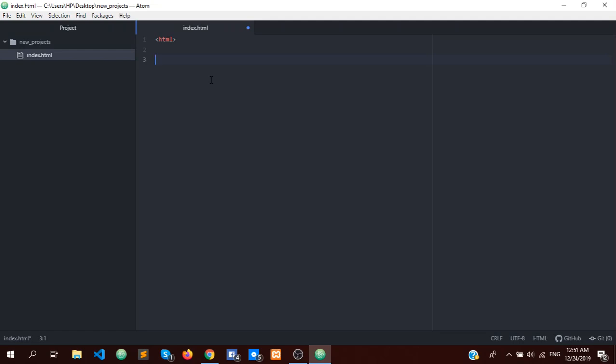If you don't know how to close a tag, it's really simple. As we just opened a tag called HTML, we close it by doing this, and it's all done. Now the second thing is that we need to insert another tag called head,